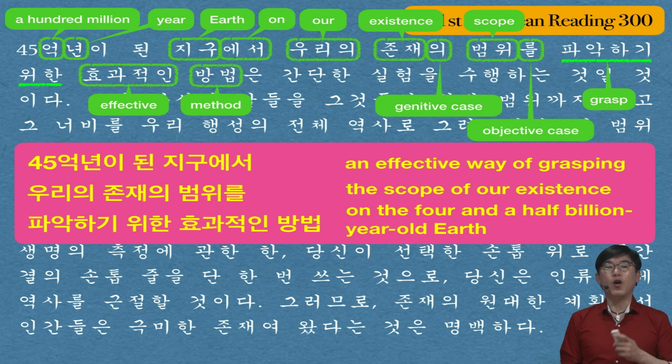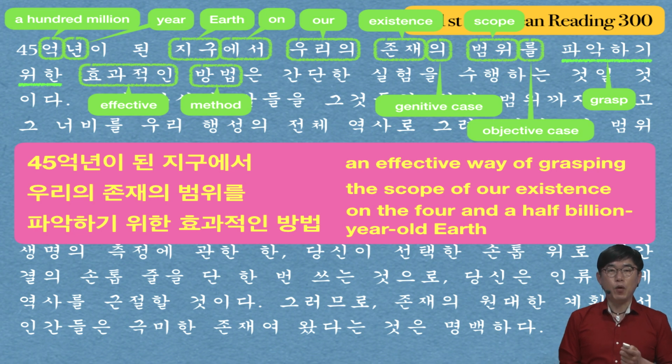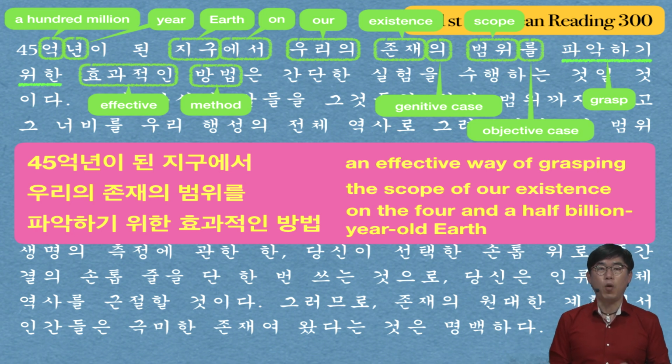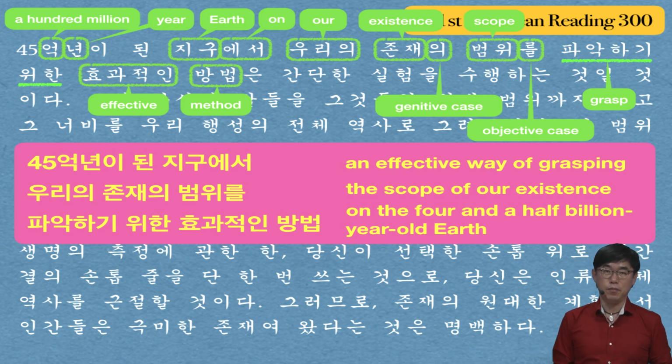And finally, this is the whole chunk of the subject of this sentence. 45억 년이 된 지구에서 우리의 존재의 범위를 파악하기 위한 효과적인 방법 is an effective way of grasping the scope of our existence on the 4.5 billion year old Earth. This is so long that it seems to be overwhelming to get, but in Korean language, there is a very important grammatical rule, which is simpler than any other language. All the modifiers should be placed in front of the target words, which means they are never ever placed behind them. So, as you can see, the subject of this sentence, 방법, is placed to the end of this subject